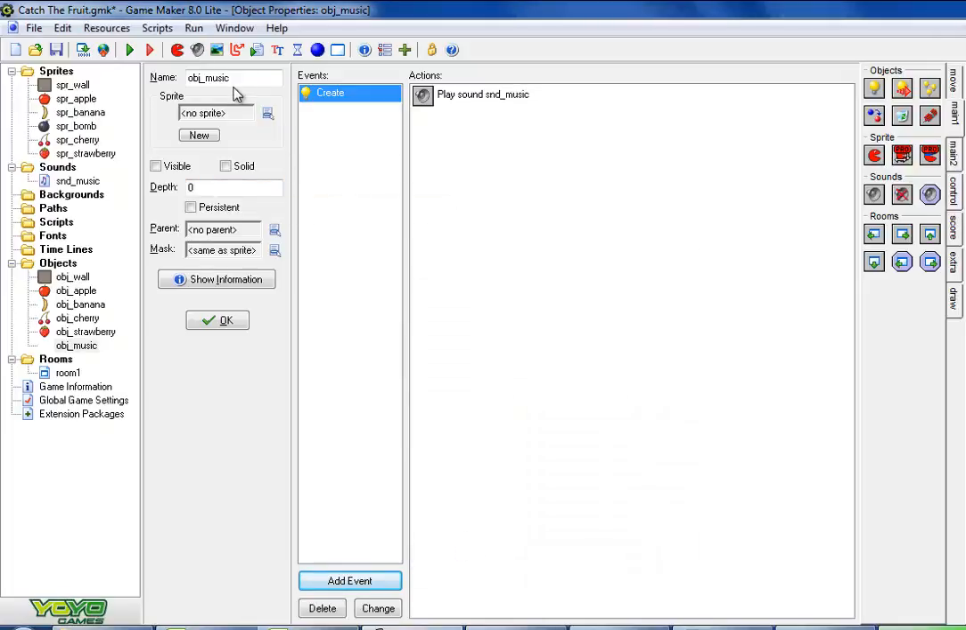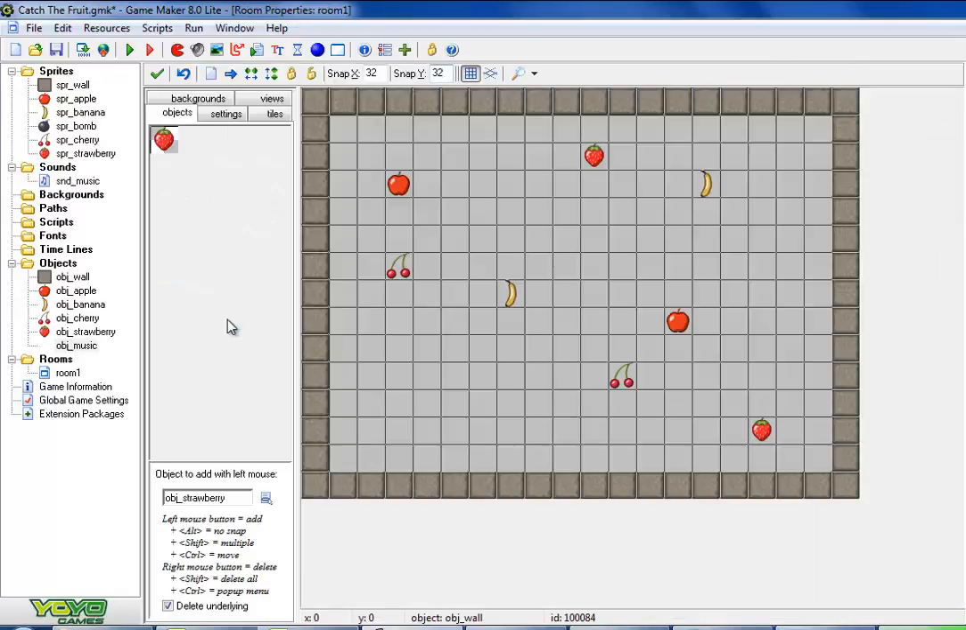So we've set up our object music here. We've got our create event and our play sound action. I'm just going to click OK. Now of course we need to put it in the room. It's not currently in the room, therefore it will not play when we start it up. So I'm just going to click here and onto our object window, and you can see that object music has been added. Select it,